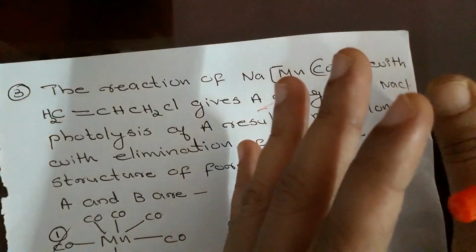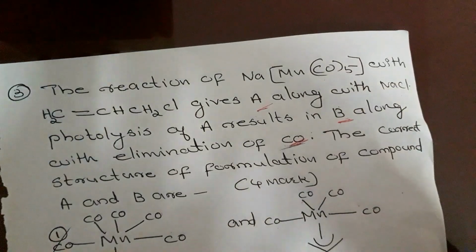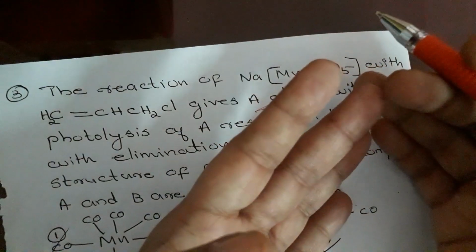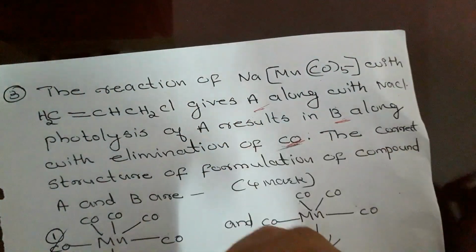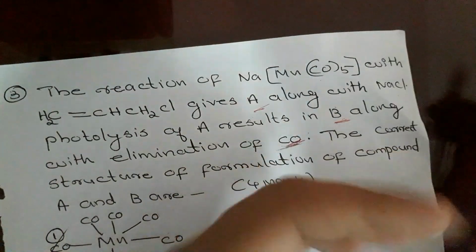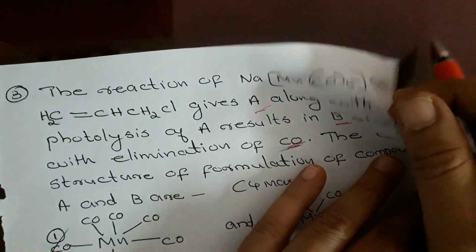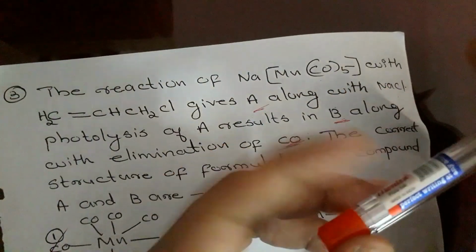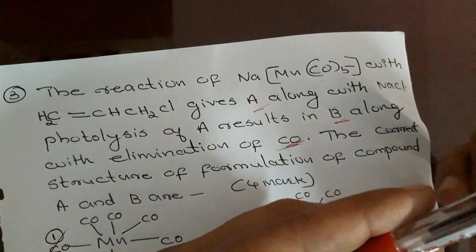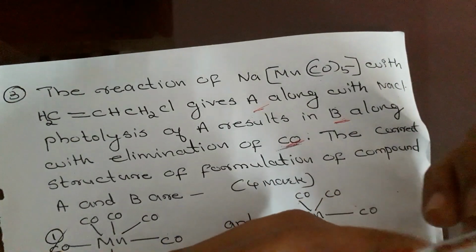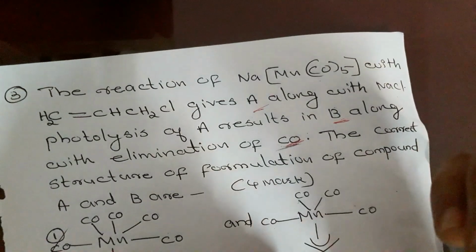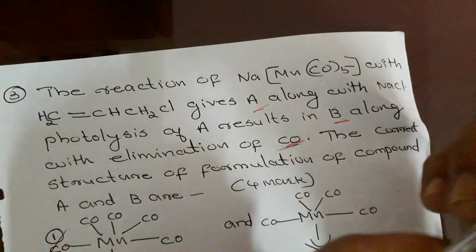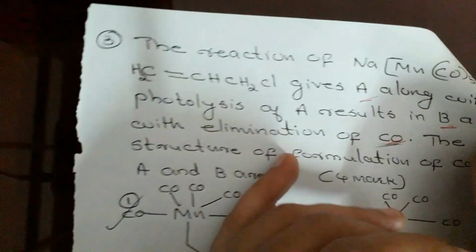Then you have to be confident in one method, the neutral atom method. If you get any structure, you have to know how to calculate this. Okay, so you take some books and solve it. Then you will be confident, and if this type of question comes, you can answer. Okay. So my assignment: I shall put the 2019 June question paper. You have to solve this type of questions. Okay. Thank you.